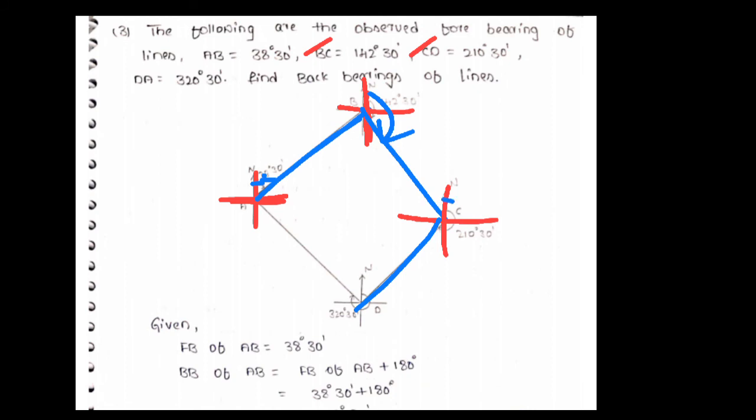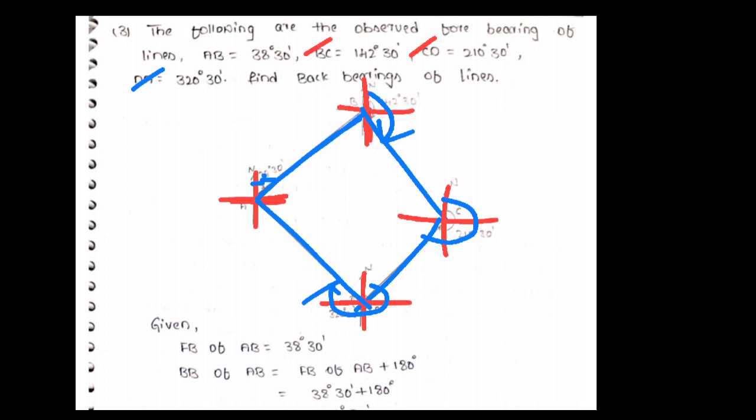Therefore its whole circle bearing angle is 210 degrees 30 minutes. And again they have given the line DA. In that line DA also, one coordinate system is generated. That DA angle is 320 degrees 30 minutes, which lies in the fourth quadrant. From the fourth quadrant, that line DA joins point A, so we join the line like this. So this angle is 320 degrees 30 minutes. You have to remember one thing.